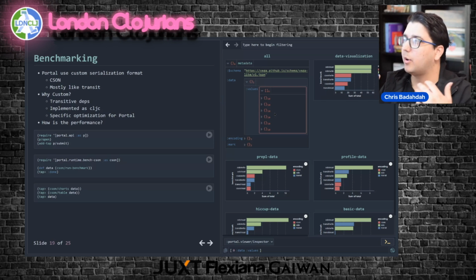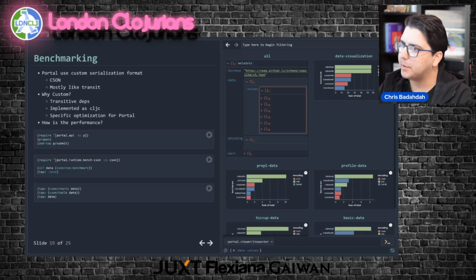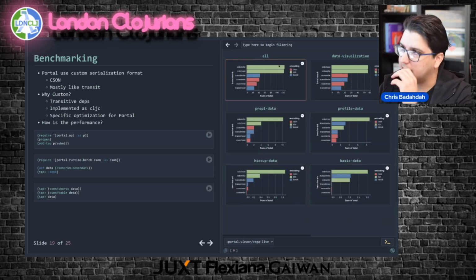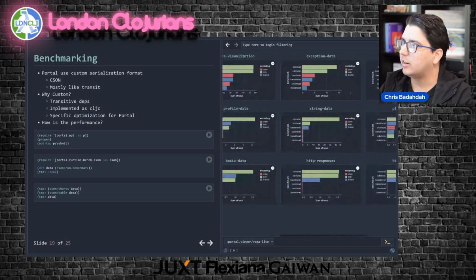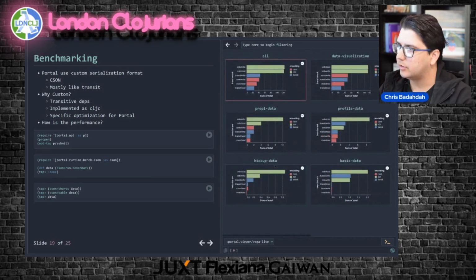So I wanted to quickly compare all these different serialization formats against each other. Because if I want to improve the performance, I want to know, do I focus on this type of input or that type of input? And I'm not saying this is how you should do performance analysis, but this is just what I've found to be useful, right? But the cool thing here is it's just Vega Lite. It looks like this. You can see for these different data structure input values, that's what the labels are. So if we go back over to, let's do hiccup data.